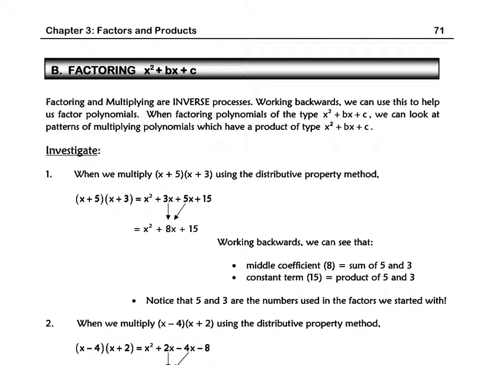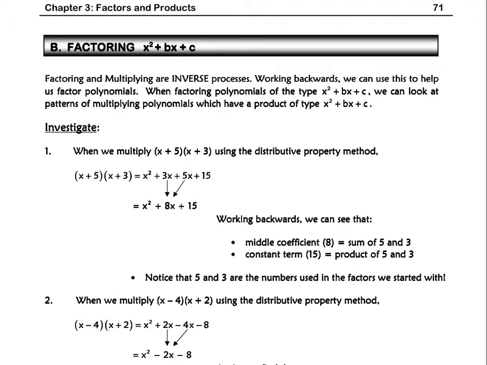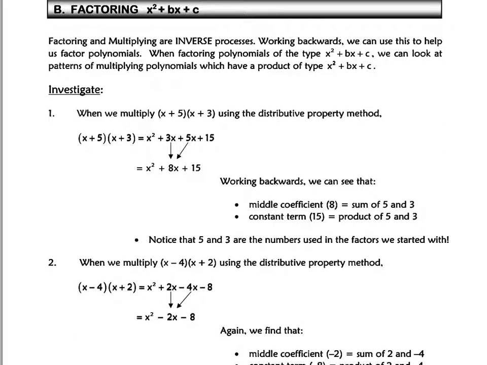Okay, so our next topic is on factoring. So now we're going to look at what we just did with multiplying and examine it a little bit more for polynomials of the type x squared plus bx plus c. So we're going to work backwards now and look at when we start off with factors that give us polynomials of that type, is there some kind of connection between the numbers? And that will help us reverse the process so that if we're starting with the polynomial, we can get the factors. So if we look at multiplying out x plus 5 by x plus 3, we can see